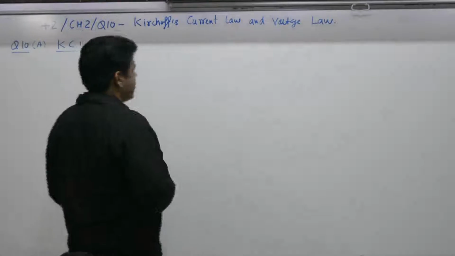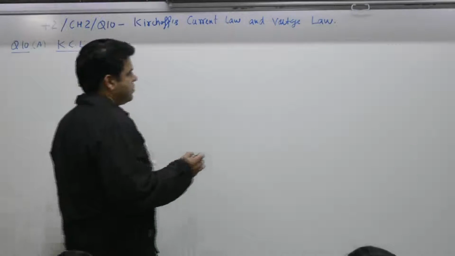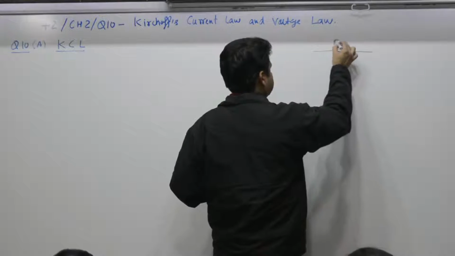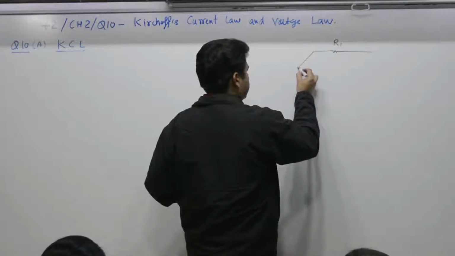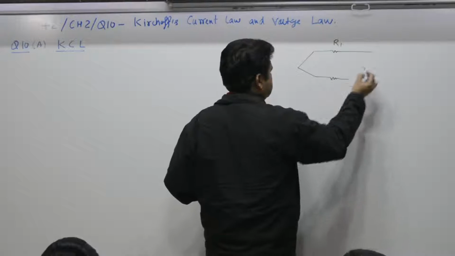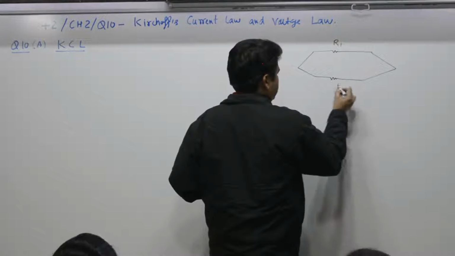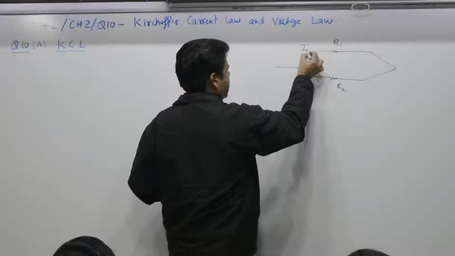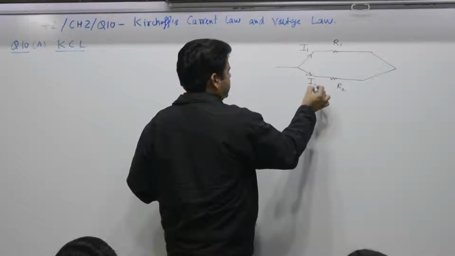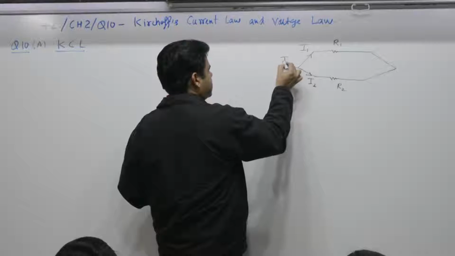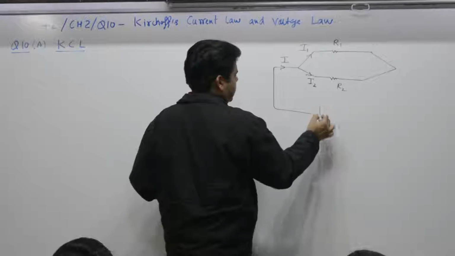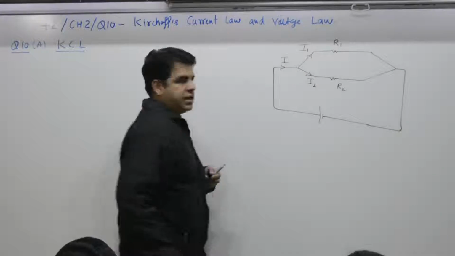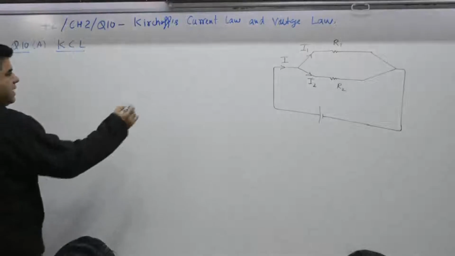What is the statement for Kirchoff current law? KCL means Kirchoff current law. The law is, if one resistance is R1, another branch resistance is R2, current flowing in one is I1, current flowing in 2 is I2, total current entering the junction is I, then as per Kirchoff's current law, at this junction,